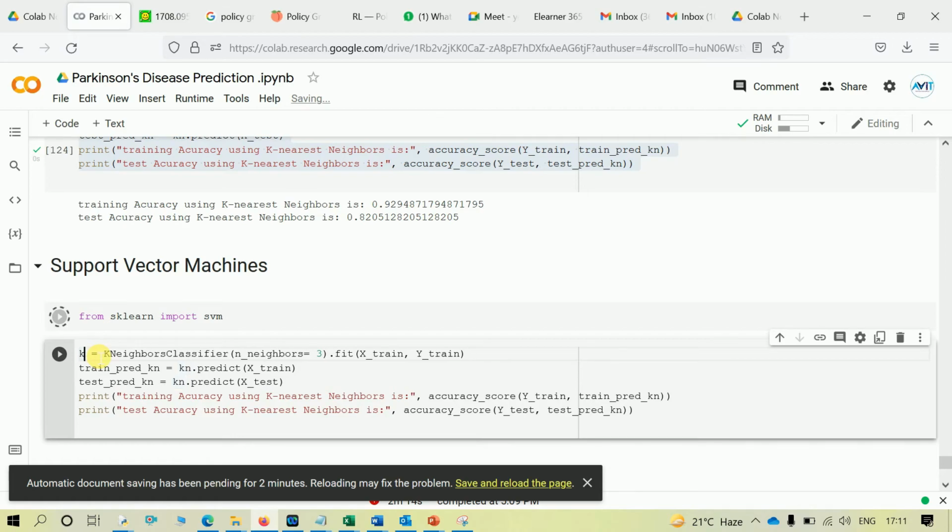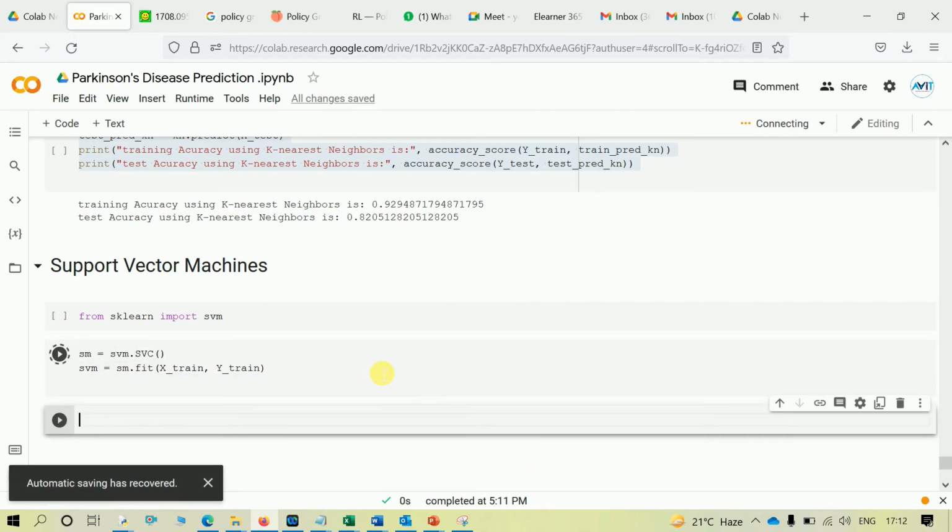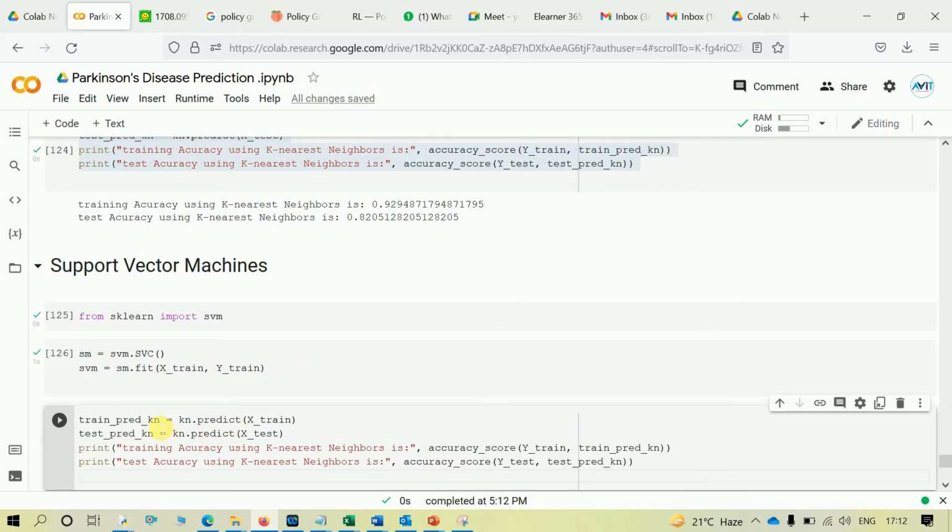I'll change the same code for SVM. Let me run these two cells just to check our fit is working. And yes, our function is working. So let's write SVM here, and we'll write SVM here as well. I think it's pretty set.